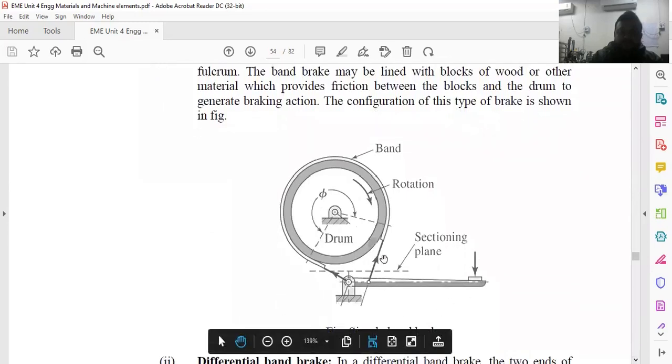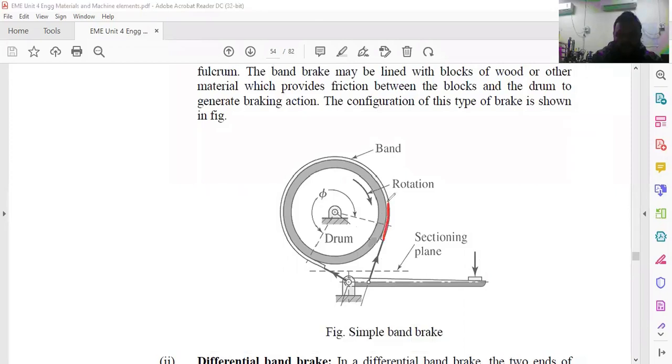You can see the thread is wound around the wheel. This band is wound around the rotating drum, where one point is at the fulcrum point and another point is at the lever, where you have to apply the braking force. So whenever you are applying the brake force, this band is